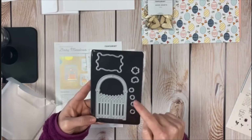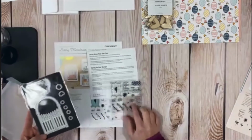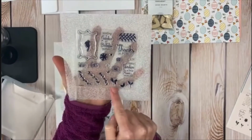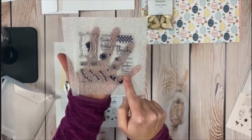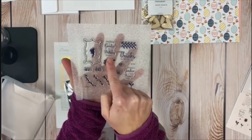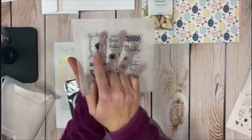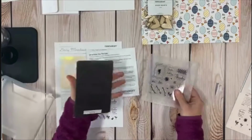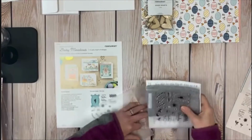And then these are fun flowers, the florals, to put all these cute little flowers on here. So you have fun little leaf sets, leaves, the different grasses. You have in every garden a little rain must fall. Thanks a bunch. And then sending a garden of birthday wishes. And then this fun little crisscross pattern and a little birdie. Okay. So all of that then, I'm going to put these back in here, comes in the kit along with,